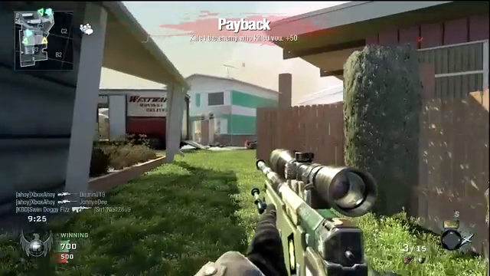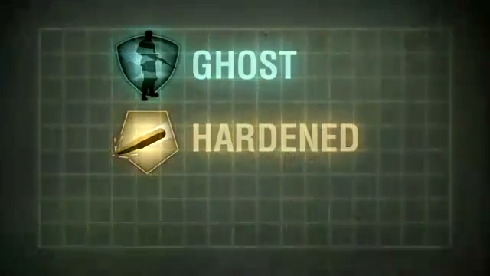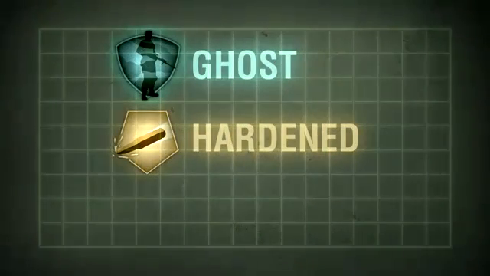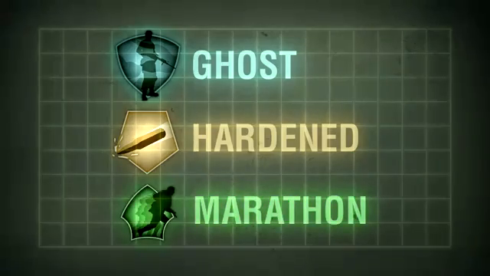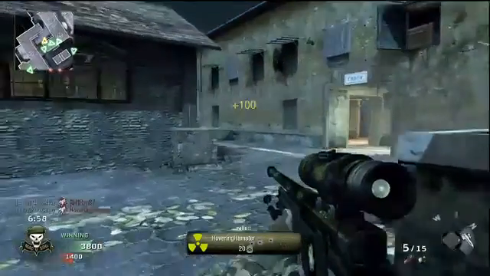Positioning is key with the sniper rifles. Being in an unexpected spot will give you the time needed to line up a lethal shot. Our third perk choice, Marathon, gives us the mobility we need to get to firing positions quicker and otherwise evade